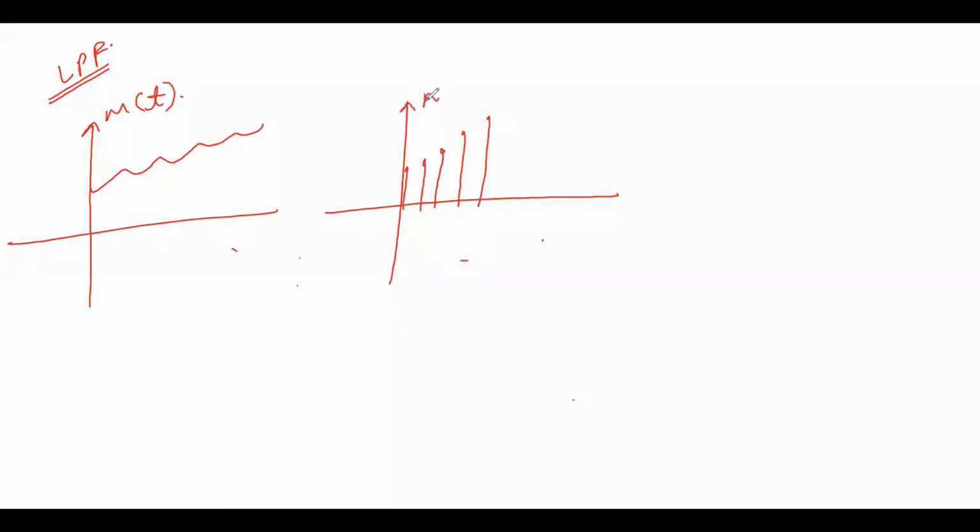This sample value we generally represent as m(nTs). Here n is for the discrete value, any discrete number like 0, 1, 2, 3, 4, and Ts is your sampling interval, and this is your time axis. Suppose this point is 0.8, this point is 1.6, then 2.1, 3.4 and 4.1. For example, I'm taking this.